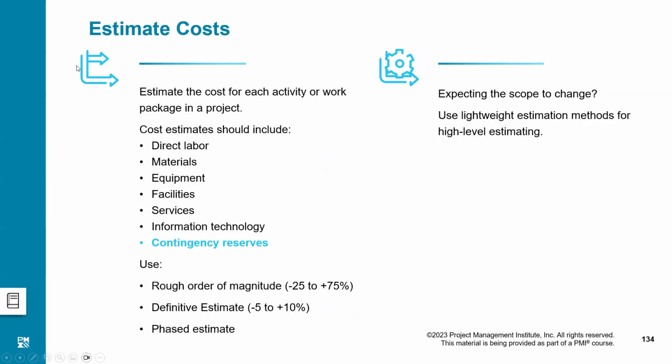Okay, if it was a predictive project, then we are doing a lot of calculations. For every activity, we are saying, okay, what is the direct labor? What is the material cost? What is the equipment cost? What is the facilities cost? We are wasting so much time in these calculations, whereas Agile has done it like a jiffy. And by the way, the Agile calculations are much more accurate than these calculations.